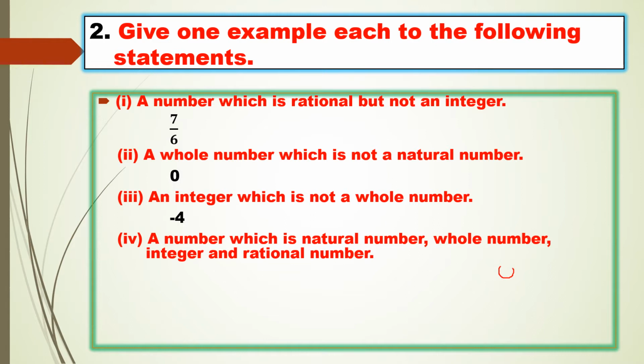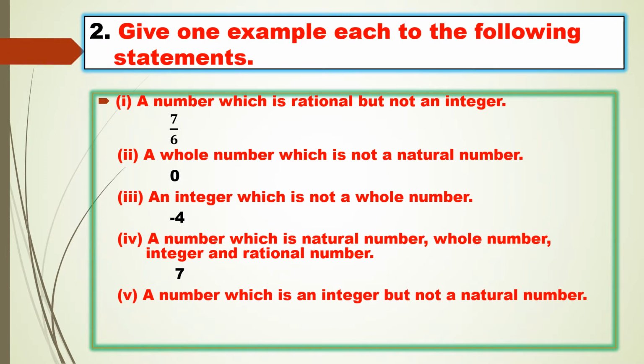Children, you should remember one thing. You should not give 0 because here he mentioned it should be a natural number, but 0 is not a natural number. So you cannot write 0 as your answer. Whatever numbers are there in whole numbers, they are there in natural numbers except 0. They are also present in integers and in rational numbers. So I can give my answer as 7. Apart from 0, you can give any number to satisfy this condition. Clear?